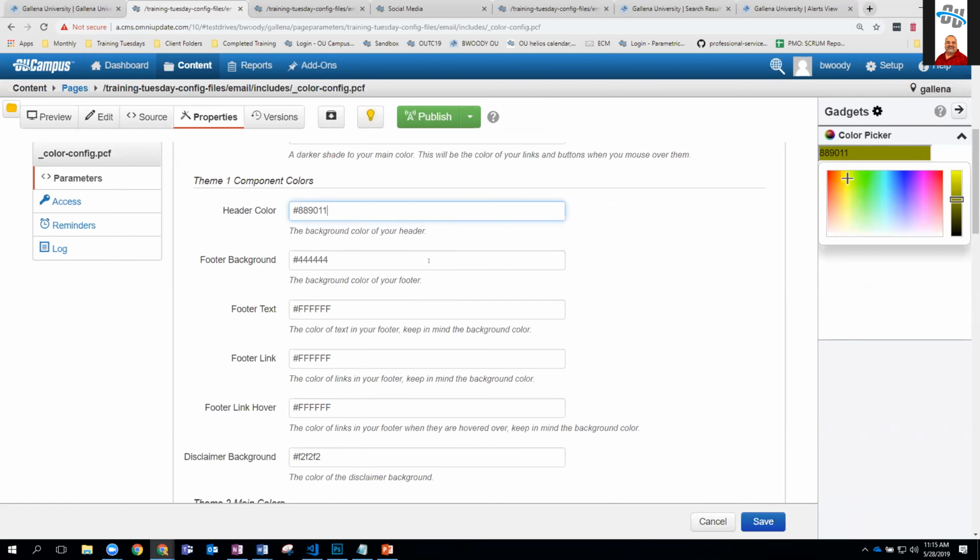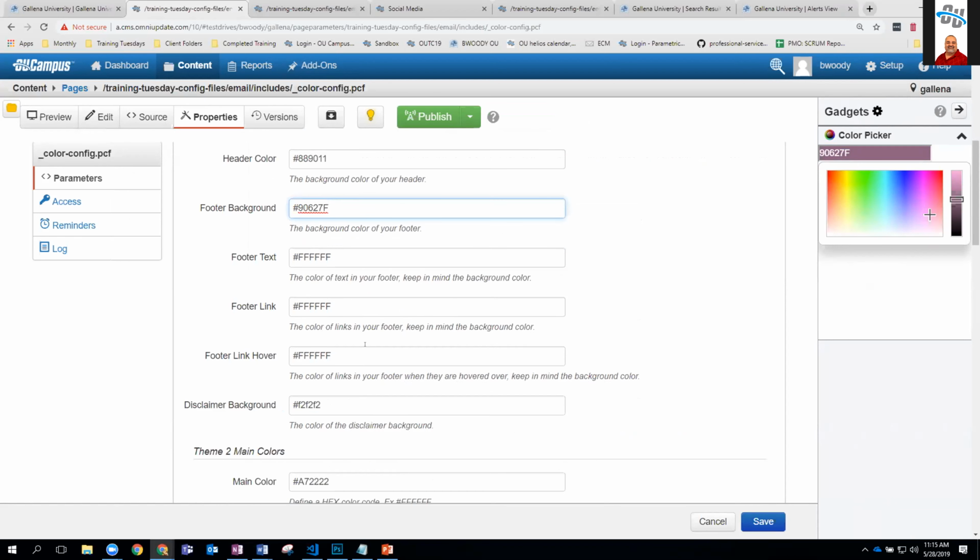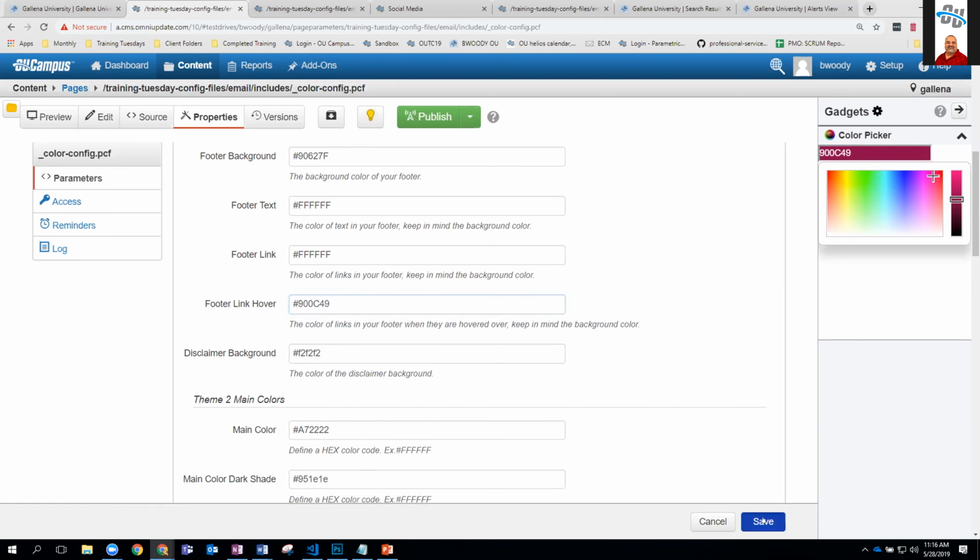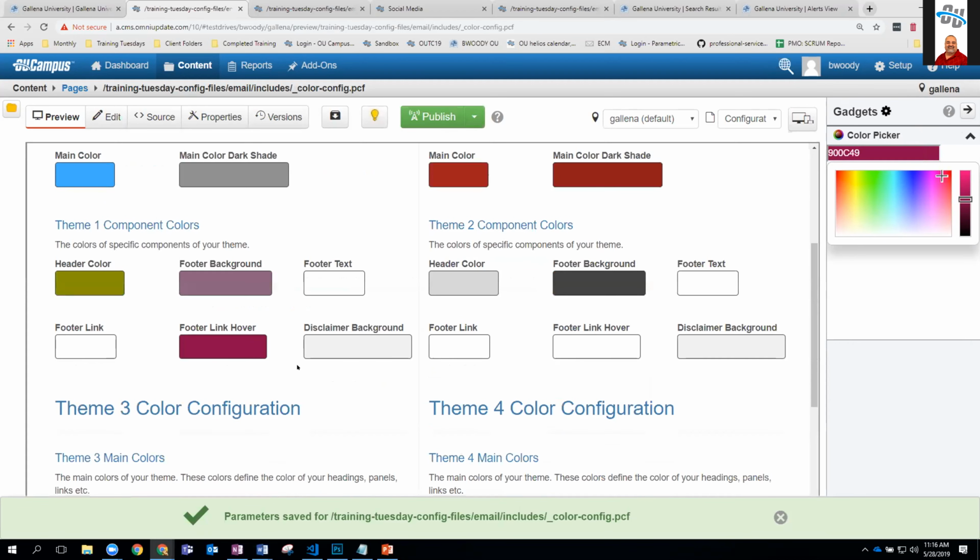that and change our footer background color. We're just going to get really crazy here to make it look like it stands out. Footer text and footer links we can just leave as they are right now, and the hover over, maybe we want to make our hover over color a little bit different. This lovely wine color. All right, then we can save that out, and then we will see our lovely rainbow of colors that has now taken place